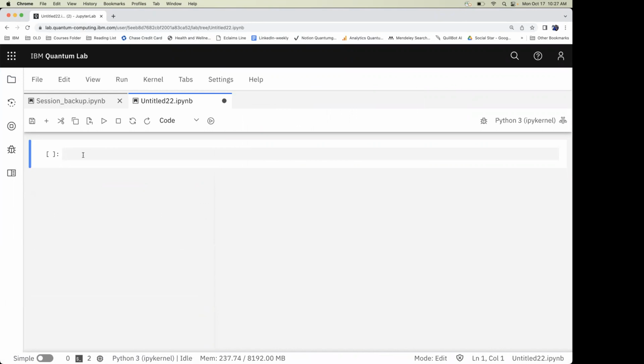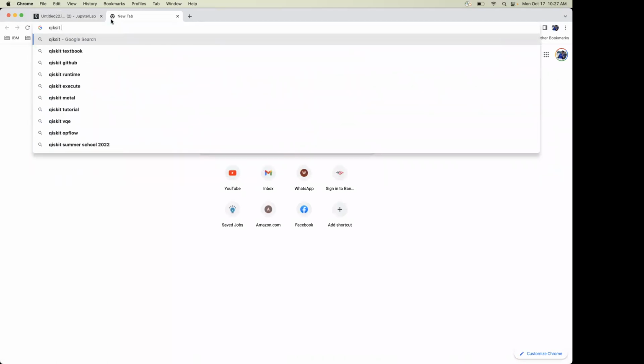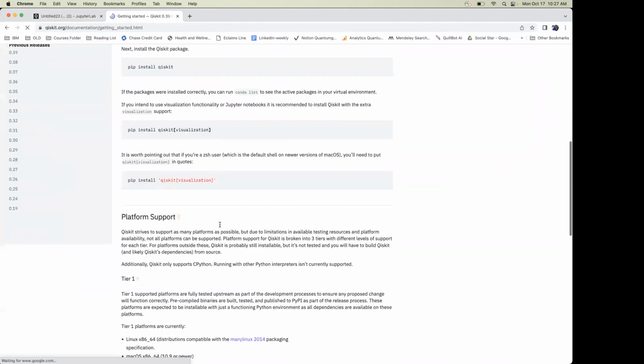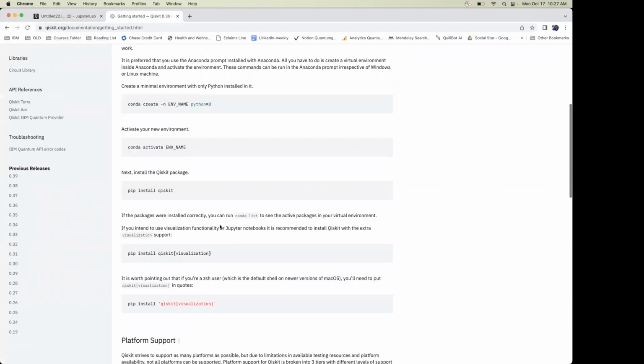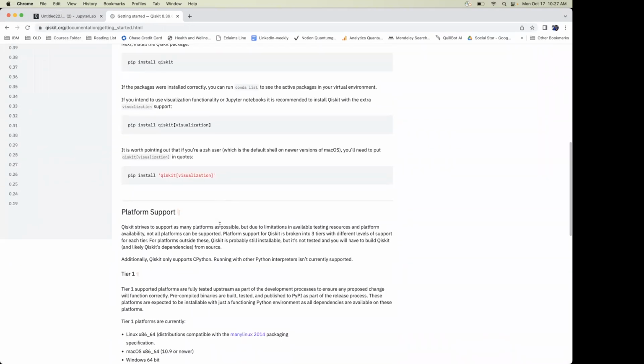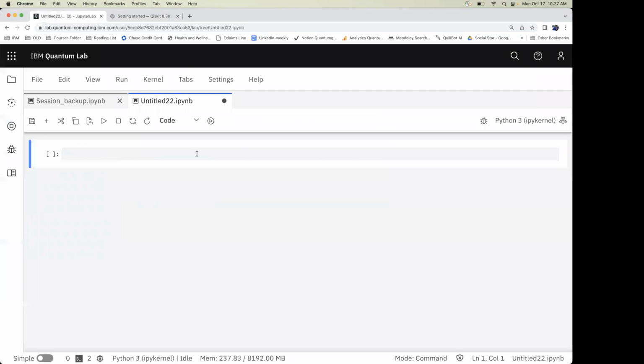There are a couple of other ways you can use quantum computers as well. Qiskit you can install locally. I think I'll show that also. If you don't want to use the IBM Quantum Experience, you can download Qiskit, which is a Python package. You can use Conda to download the Qiskit library, and you can also do a pip install. One of the simplest ways is to go to the IBM Quantum Experience, and you don't have to worry about a lot of dependencies that you need to download.